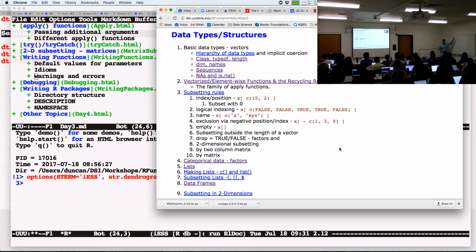Any is a function that takes only a logical vector, and it basically says if any of the elements are true, I'm true. But if none of them are true, then I'll give you back false. So this is guaranteed to give me back a scalar. Well, not if... what happens if you give it an empty vector?